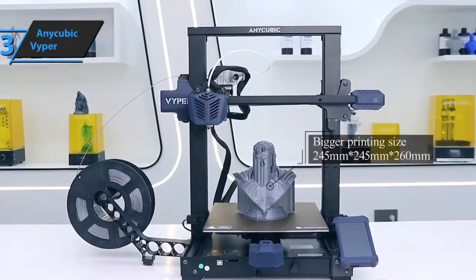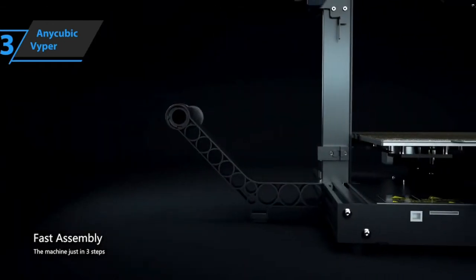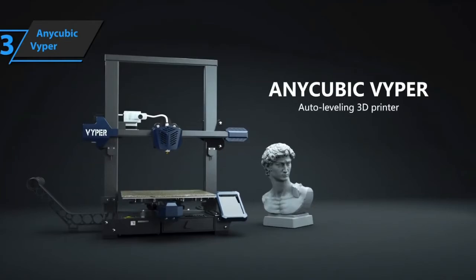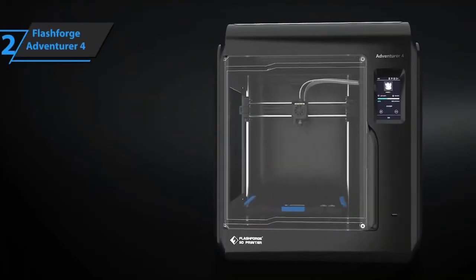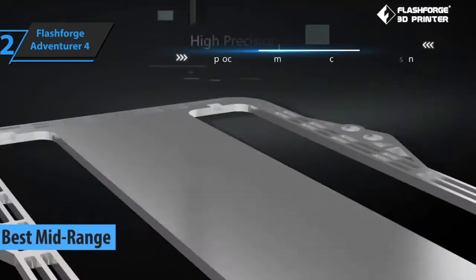The improvements we just discussed make it a great choice for someone just starting out with 3D printing or for small businesses looking to expand their printing farm. For the listed price, you can't beat this one. And now we present FlashForge Adventurer 4, also known as the best mid-range 3D printer available on the market in